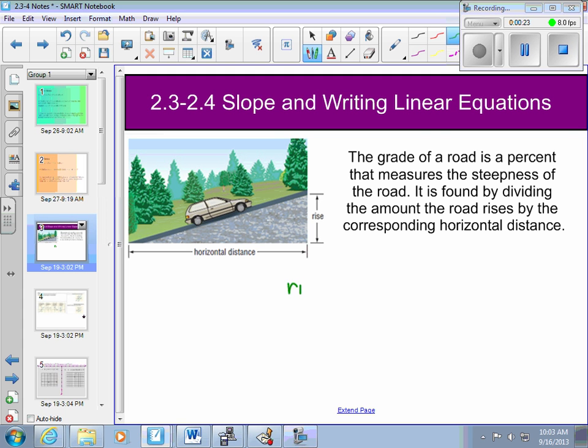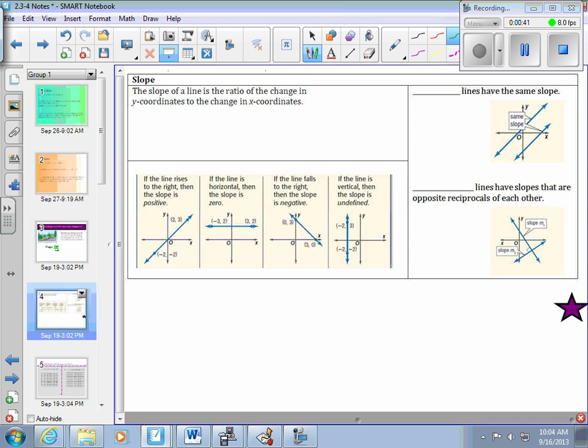When you take the rise over the horizontal distance, oftentimes we also call that the run, that is a measure of slope. So slope or grade of the road deals with your vertical distance over your horizontal distance, or rise over run. So slope